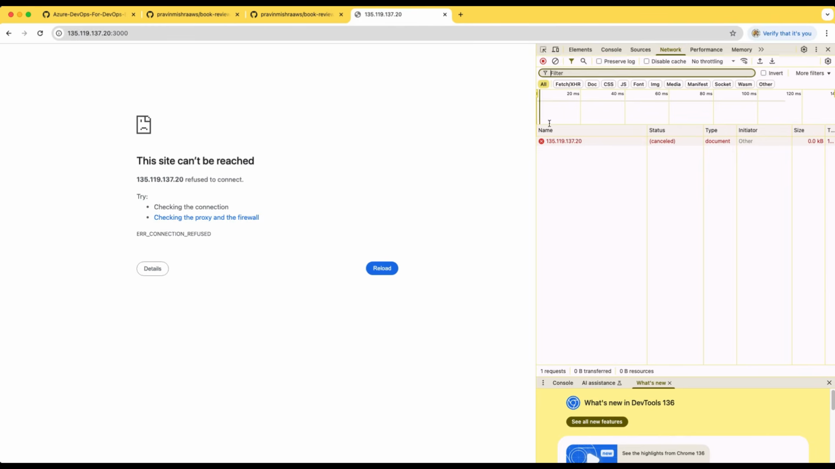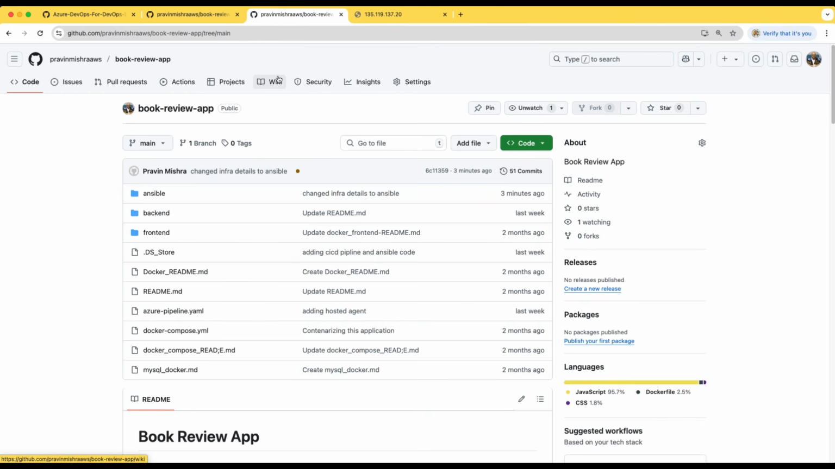Okay, we see this cancel because nothing is working there, right? So that's why we see this here. We need to wait until this gets deployed. But the bottom line is, going forward, if this pipeline that we are setting up works,